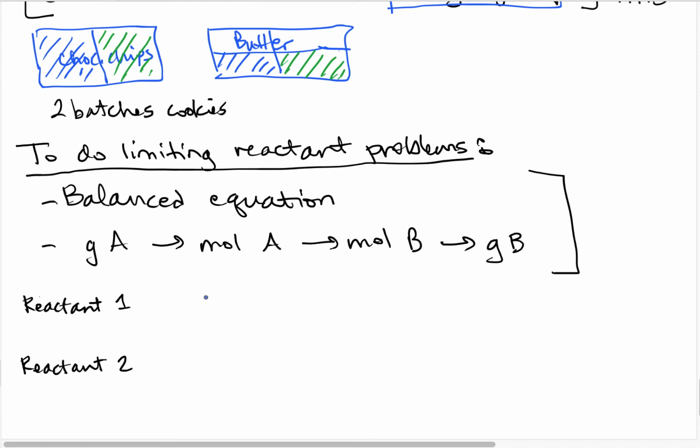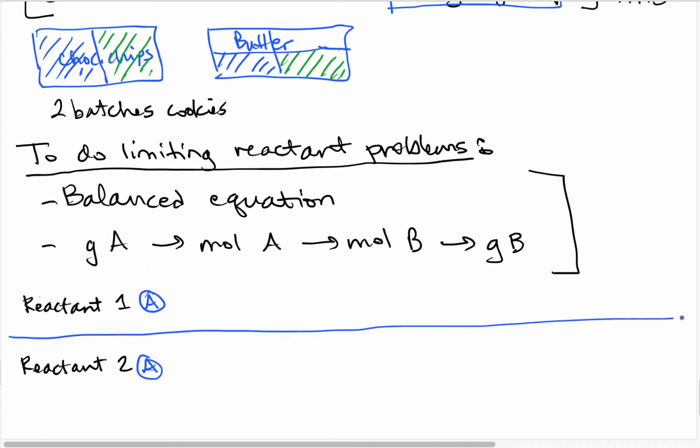With reactant 1, this is going to be A. This is also going to be A. We keep these guys separate. So whether we start with grams or with moles, we start our calculation process and we go over to B however far it asks us to go. So we're going to figure out the amount of B